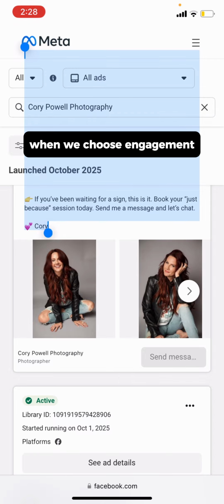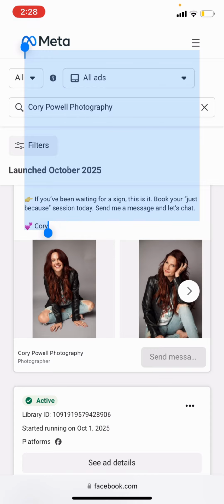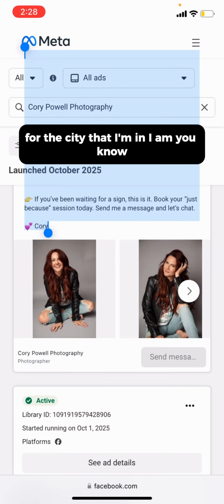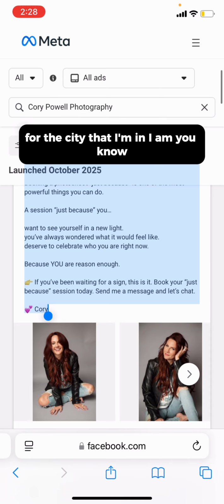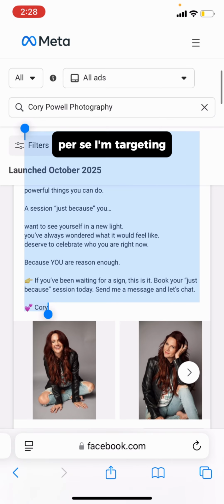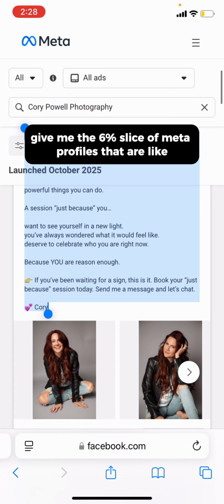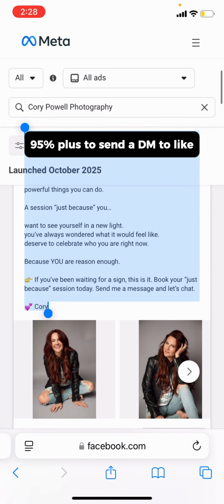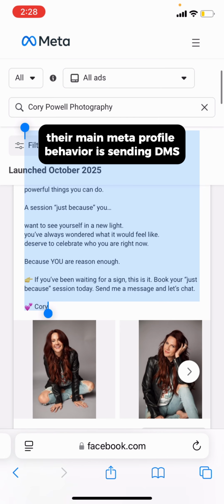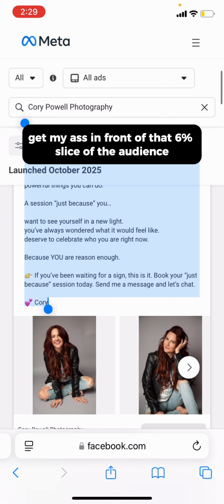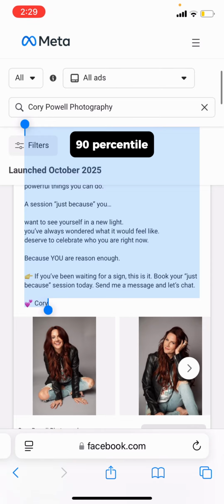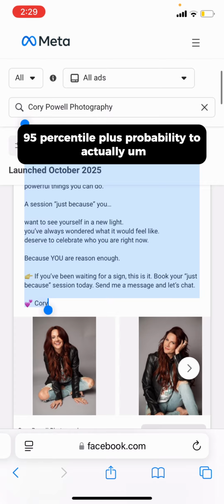When we choose engagement and get a DM, we're telling Meta, hey, for the city I'm targeting, give me the 6% slice of Meta profiles that are 95% plus likely to send a DM. Their main Meta profile behavior is sending DMs. Get my ads in front of that 6% slice of the audience with 90th, 95th percentile plus probability to